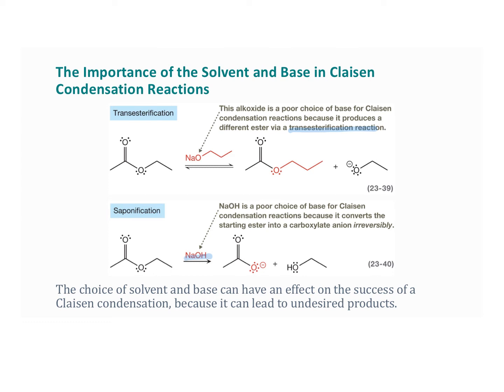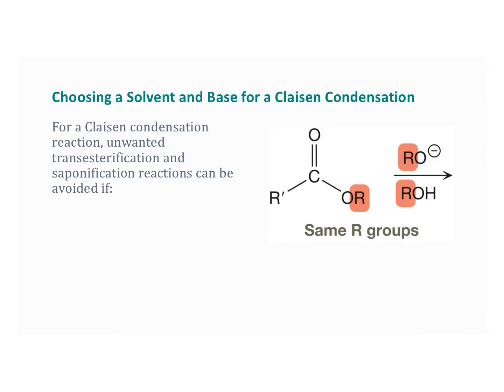So I also want you to notice that the solvent, which was ethanol in the previous reaction, is the conjugate acid of the base that's added. Other choices of solvents can lead to unwanted transesterification or saponification reactions. And so we want to try to keep those as the same so that we don't get any unwanted side products. So what this comes out to look like is